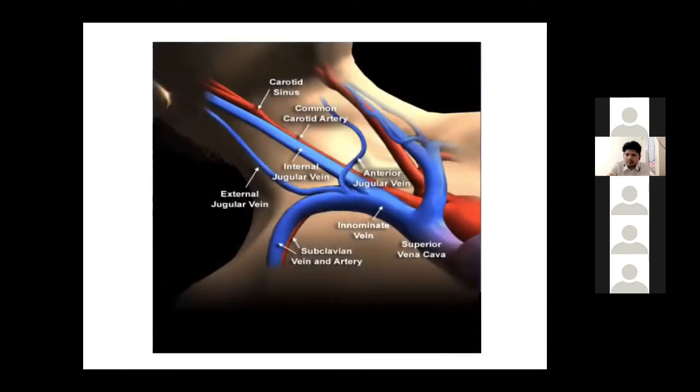Now, this is one of the important anatomy points. There is a triangle, the sternocleidomastoid, the base is formed by the SVC, and then we have the sternocleidomastoid muscle. The IJV is deep to the sternocleidomastoid muscle. It is lateral to the common carotid artery. The carotid artery is medial. Internal jugular vein is lateral. EJV is more superficial. IJV is deep to the sternocleidomastoid muscle. So this is one important anatomy which you should know before seeing which part we see the JVP.